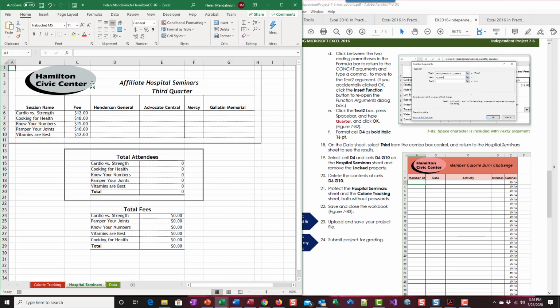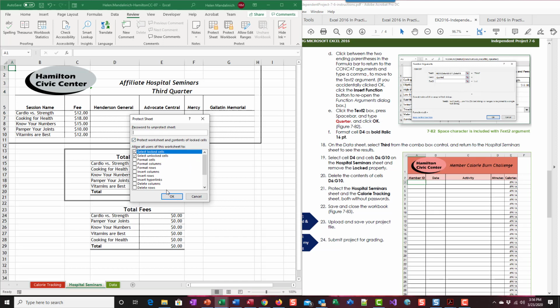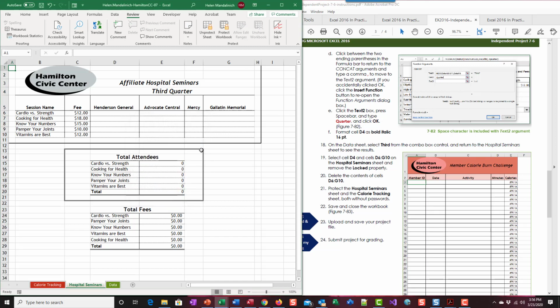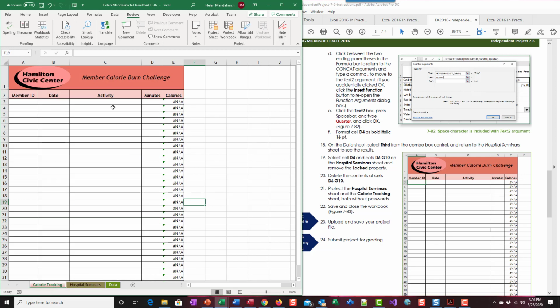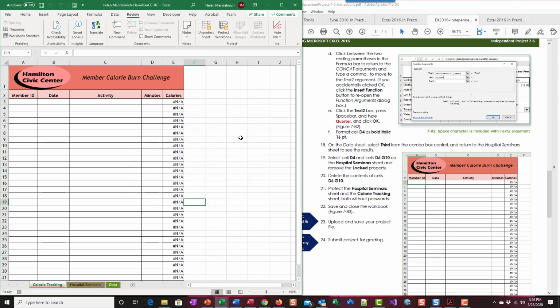So I usually like to go home and apply the lock property. So we're going to go to Review, Protect Hospital Seminar. We don't want to put a password. We're going to go to Calorie Tracking, Protect Sheet. Don't have a password, and we're good. So we can save it and submit this